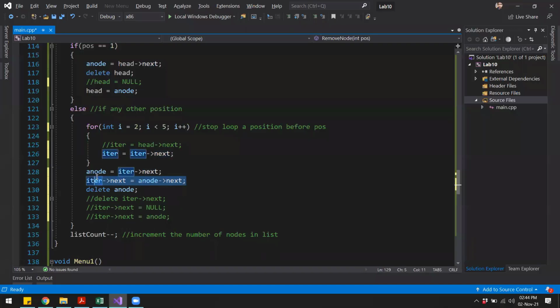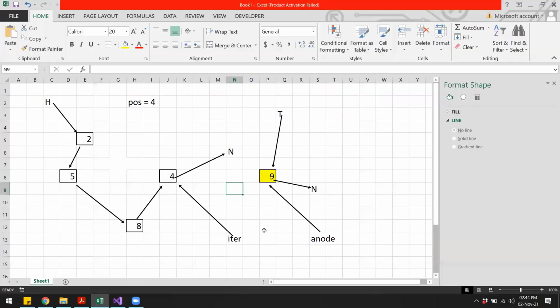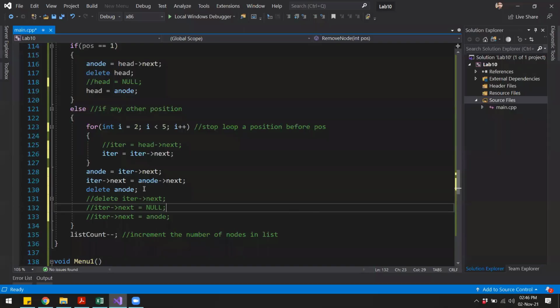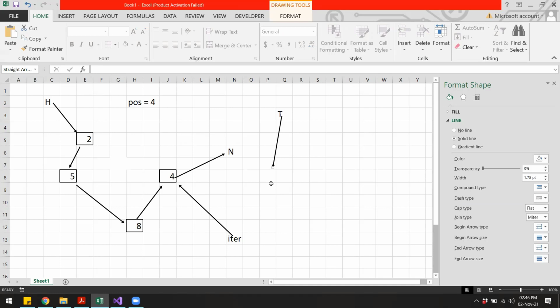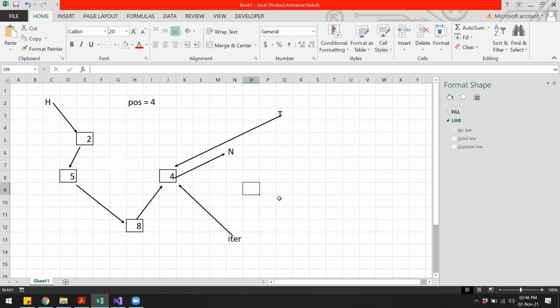So up till this point, this is the state of the list. And then what do we do? We delete the node. So we delete this particular node, and that will be gone. All right, so let's just delete this. When we execute this last line, this last node will be deleted, but you will see that this tail pointer is not pointing anywhere, right? That means we have to adjust this tail pointer to point to this node as well. So how can we amend our code to cater for this?